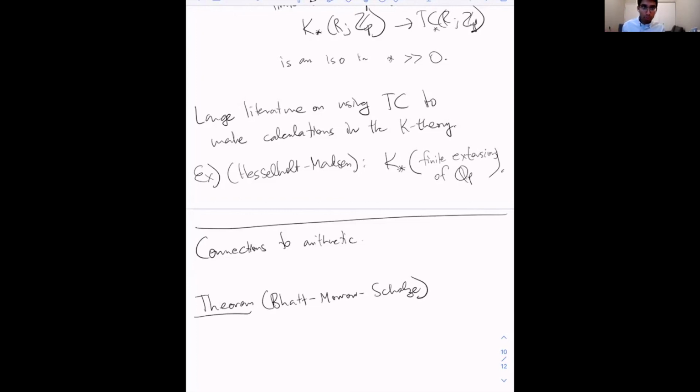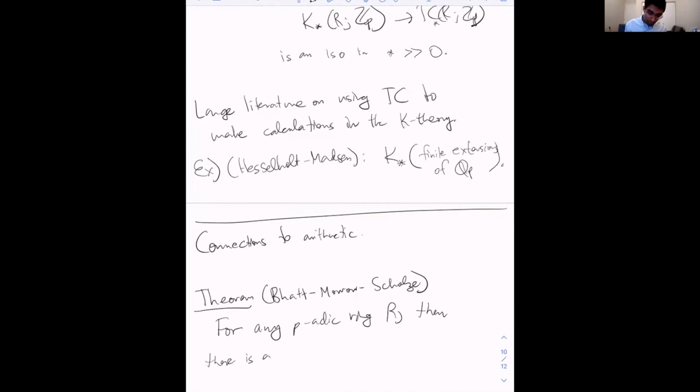The theorem of Bhatt, Morrow, and Scholze is that there's an analog of the motivic filtration on TC. Classically, TC was studied using more homotopical methods, especially methods of equivariant stable homotopy theory. The work of Bhatt, Morrow, and Scholze shows that there's an analog of the motivic spectral sequence for TC. So for any p-adic ring, there is a